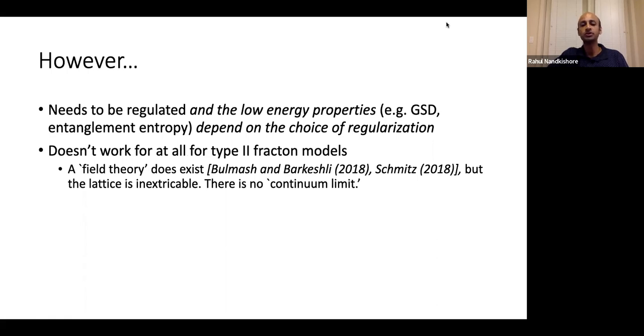How you do this with the type 2 models like Haah's code is a little more complicated, but there is a way to do it. Essentially, you generalize to multipolar theories. So you demand that your